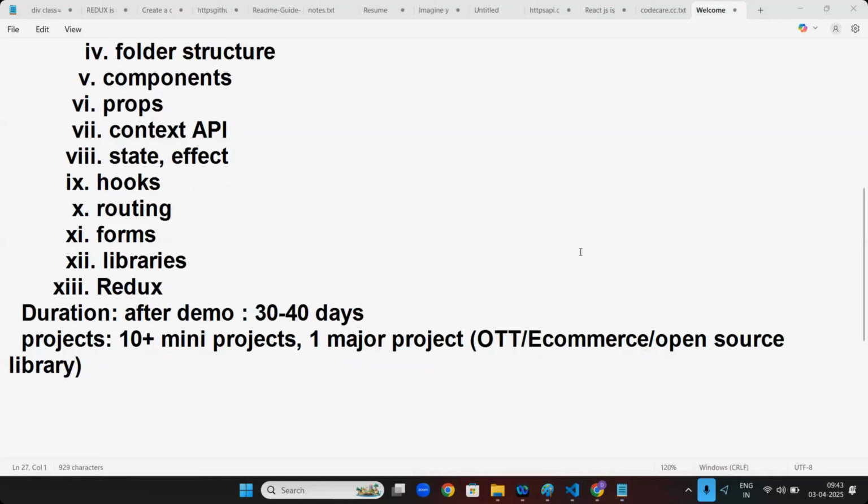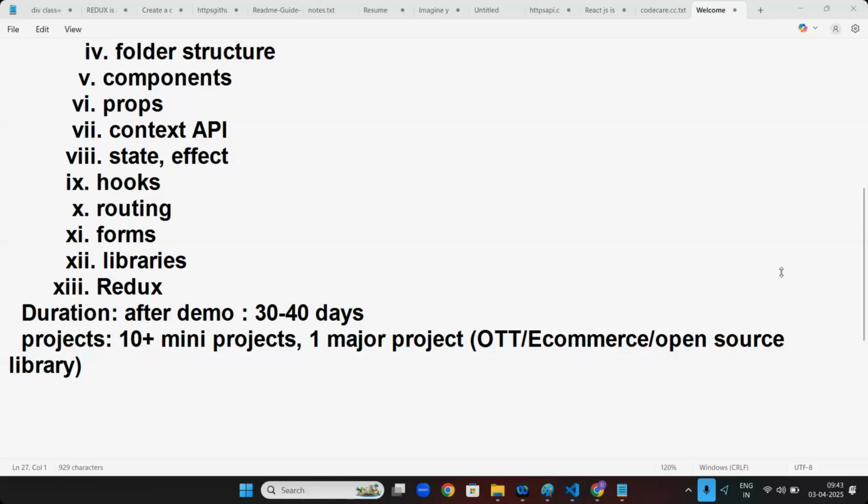Any doubts? Anyone till now? Any questions you can ask me, like, sir, whether that thing will be there or this thing will be there. Online or offline? Online also. If you have any question, like whether any other topics are included, you can ask.